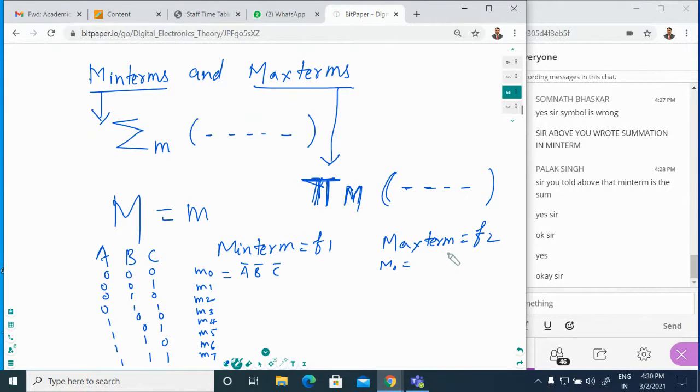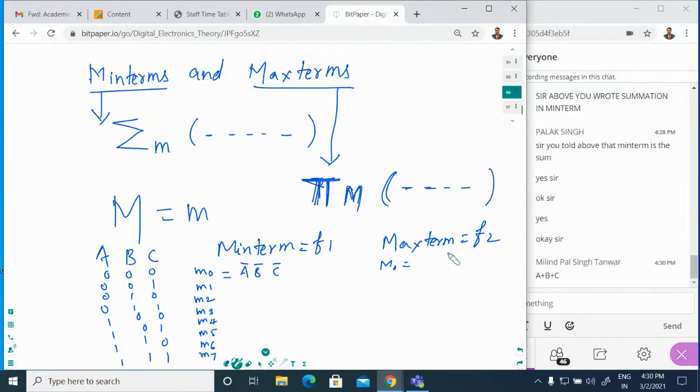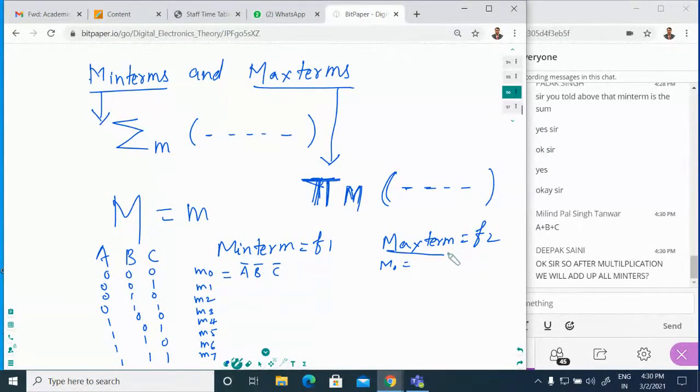Let's come to this point: how can you represent the max term for the zero value? Quickly give your response. The max term can be represented by A plus B plus C. Yes, you are right. It can be represented in the form of bar. So if you want to represent a zero, capital A, B, and C are written as it is, A plus B plus C. There is this C, which means there is a zero. So you have to represent it in the form